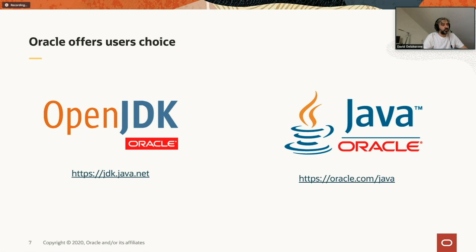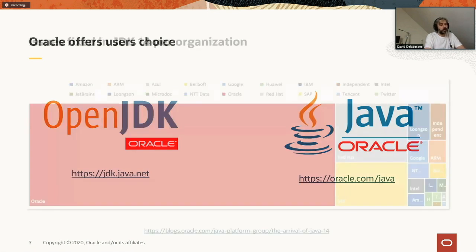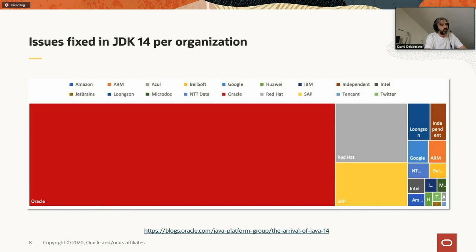If you are not able to move that quickly, Oracle also sells support for Java. That's the Oracle JDK. When it comes to buying Oracle support, there are two things that you should look at. The price of that support. Honestly, the price of the Oracle support for Java is pretty cheap, but I will let you judge that. The only other thing you need to look at when you decide where to get your support for Java is the ability of the organization to support you.